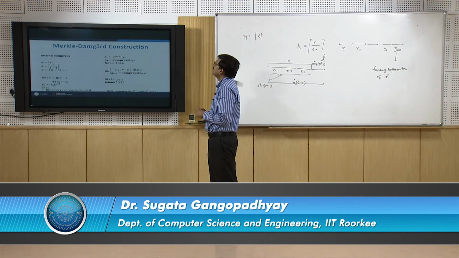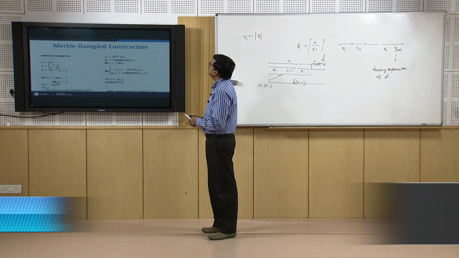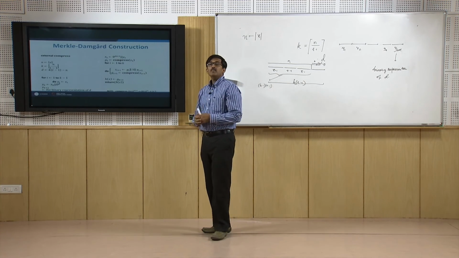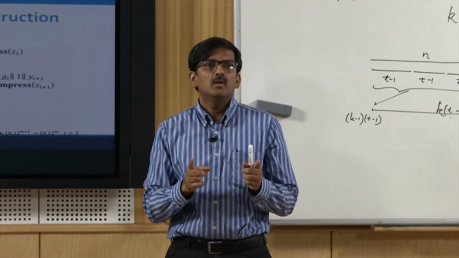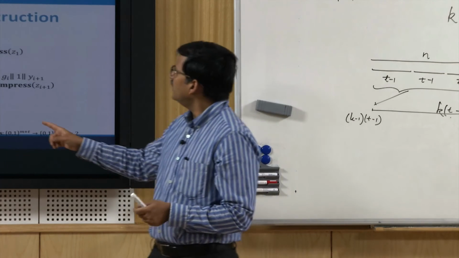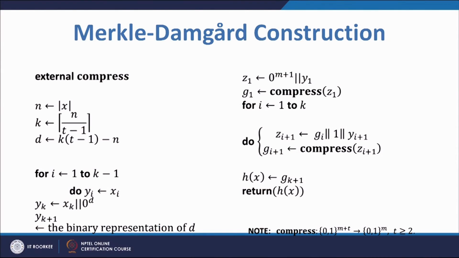All right. Now, after this we go into the computation of the values. Please remember that the yi's are of length t minus 1. So, I have to do an extra padding. In the initial case the initial value will be 0 concatenated m plus 1 times and then y1. So, this whole thing is m plus t,